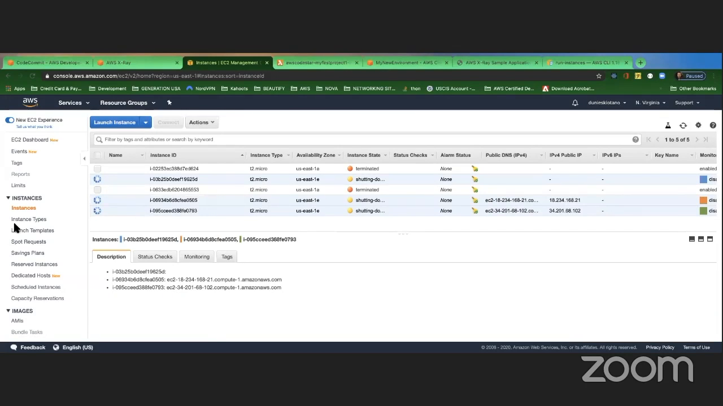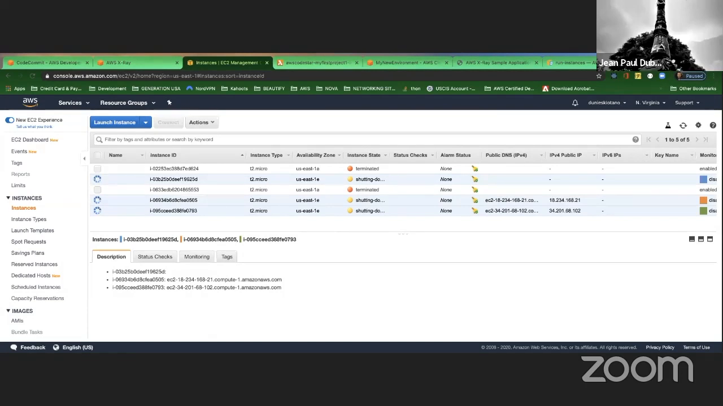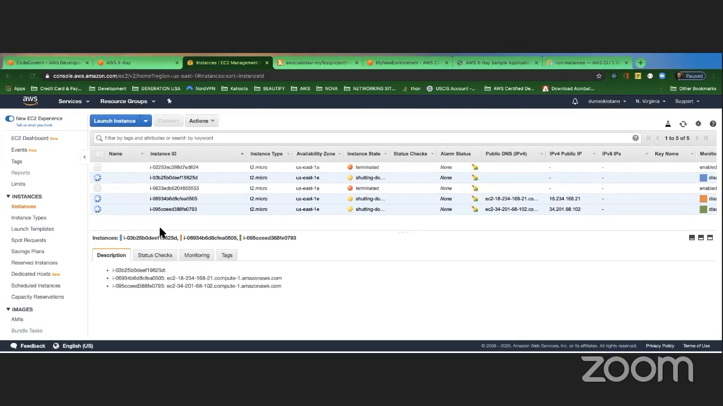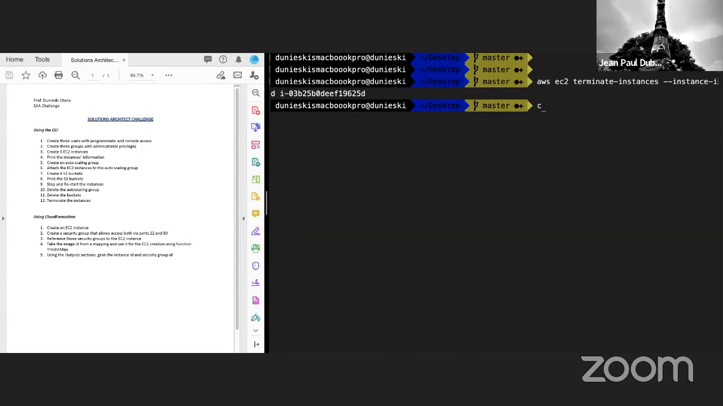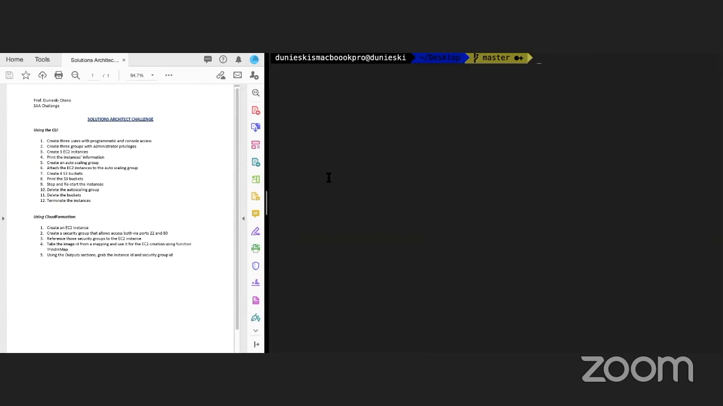All right, that was the CLI part, right? Yes. Okay, that was the CLI part. Now the CloudFormation part. All right, you want me to go over the CloudFormation part as well? Sure, yes, please. Okay, let's do it. So let me